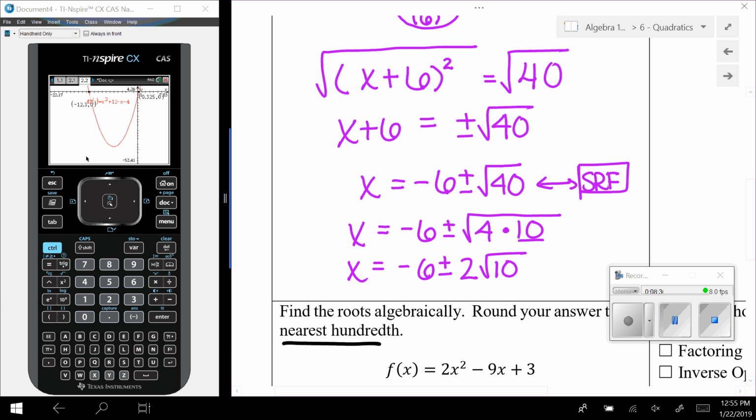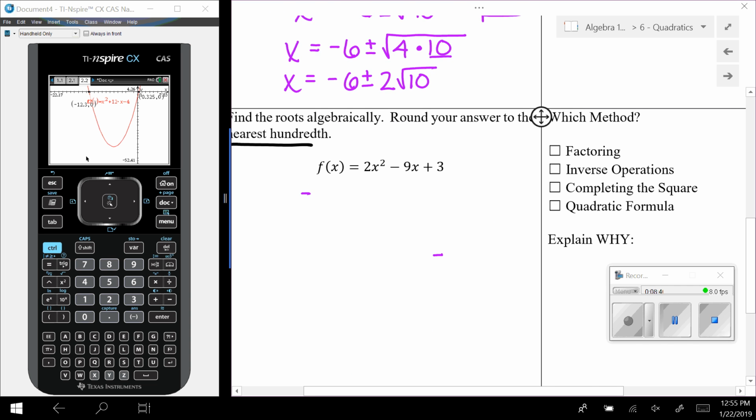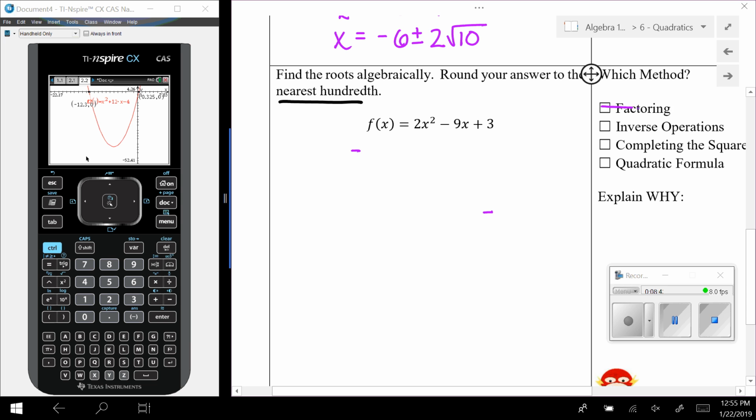All right, so one more. Find the roots algebraically. Now, by process of elimination, you probably already know what we're going to try to use to solve this guy. We've already factored, and I'll have you look at this guy. I've graphed him for us. I've also had my calculator find the x-intercepts. We're at 0.63 and 1.14. Okay, so factoring is out of the question. Inverse operations kind of out of the question because you have that b value. No one wants to complete the square with that 9x up in there, so we're going to use the quadratic